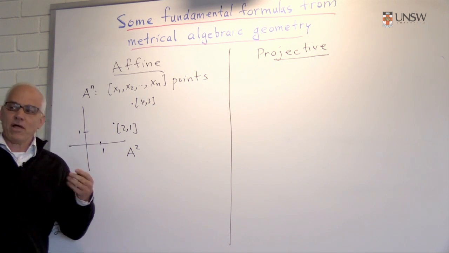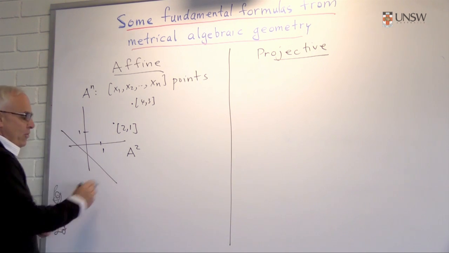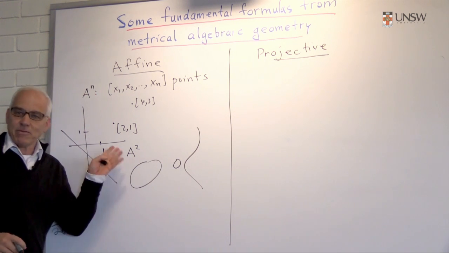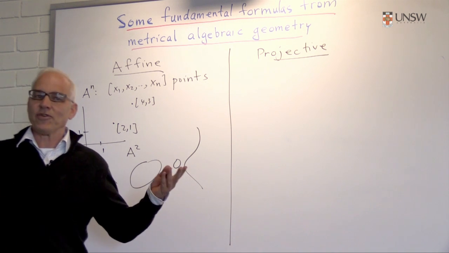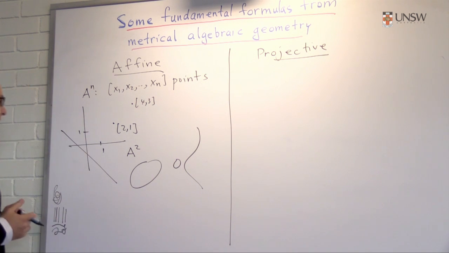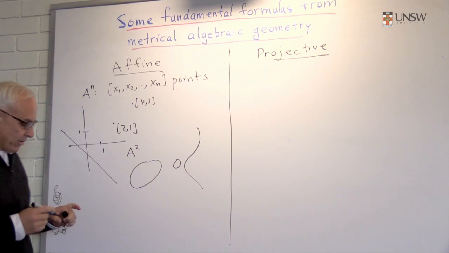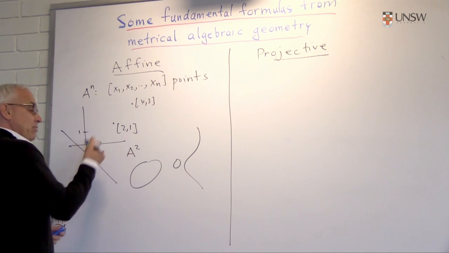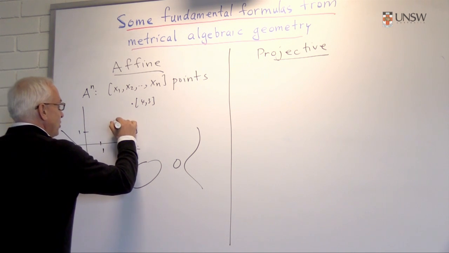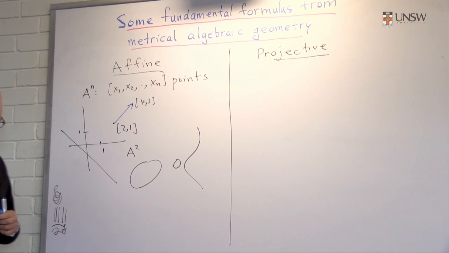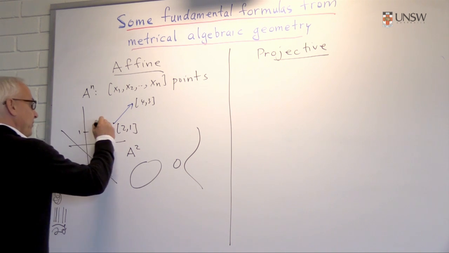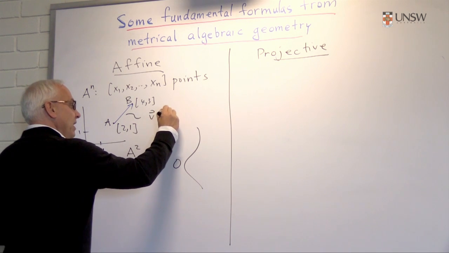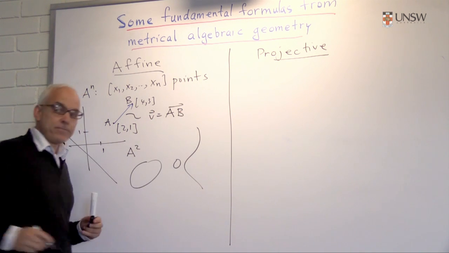Of course, we can also consider other things. We can consider lines. We can consider conics. Consider cubics. In higher dimensions, we can think about surfaces and more general aspects. Closely related to this is the idea of a vector space. So there's an associated vector space which is perhaps more familiar to the modern student. So associated to 2 points, we have a vector. So A and B are 2 points in our affine space. Then we have a vector v, which is the vector AB.